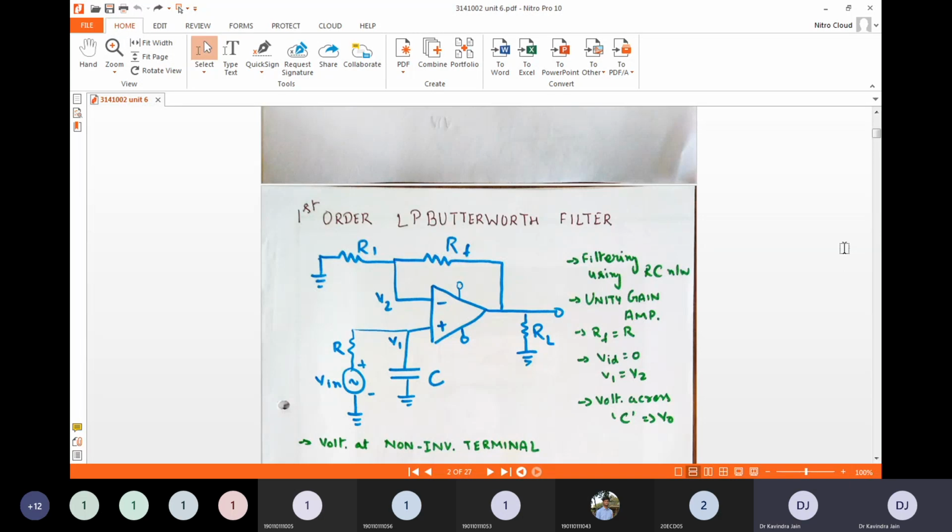Until and unless you design the whole circuit after doing all the designing steps, your numerical would not be considered complete. Are you getting my point? First of all, we should follow all the designing steps and calculate all the parameters that are not provided, from the parameters that are provided to us. Secondly, after calculating all the parameters, we must put these values in the given circuit shown on the screen. Once we put the values, our filter would be designed.